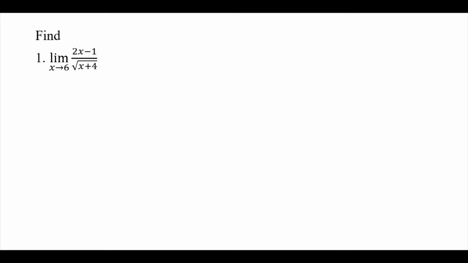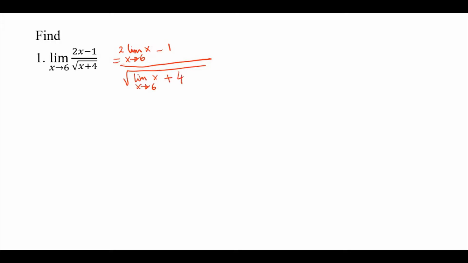Let's find this limit. So according to the properties that we studied, we're going to apply the properties of the limits here. Again, this is equal to 2 times the limit of x as x approaches 6, minus 1, the limit of 1 is 1, over, when we have a radical, then the limit of the radical is the radical of the limit. So the radical of the limit of x as x approaches 6, plus